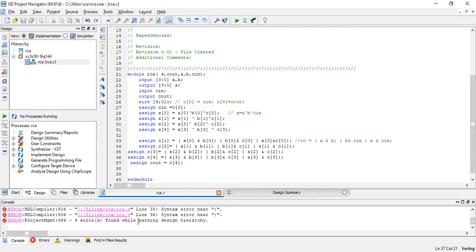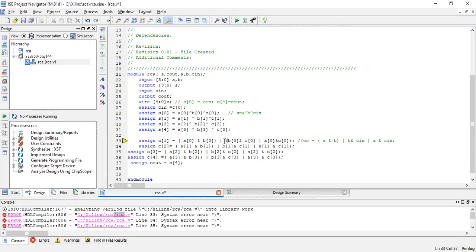Let me synthesize. See, there are so many errors it is showing. What are the errors we will see? Line number 33, assign A, B. Okay, I've put a bracket over here. So let me put a bracket over here, here, here. So this is closed. Let me open this and close this. I have to close this bracket here.